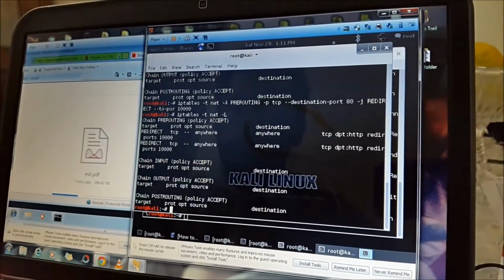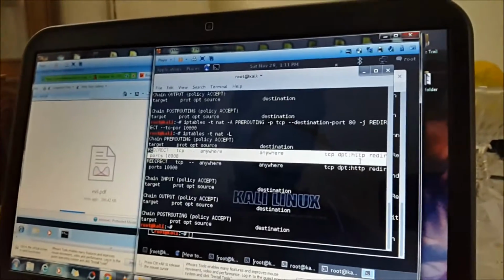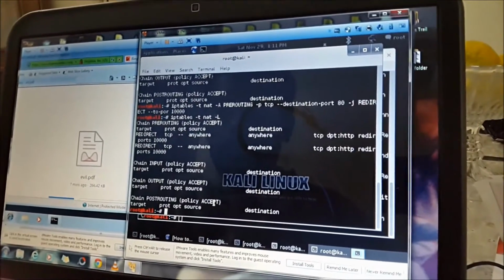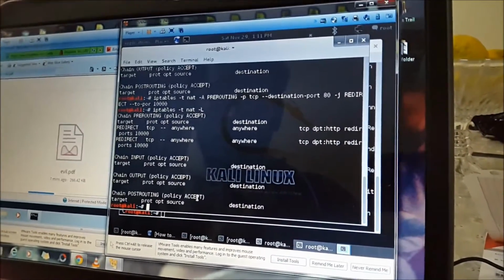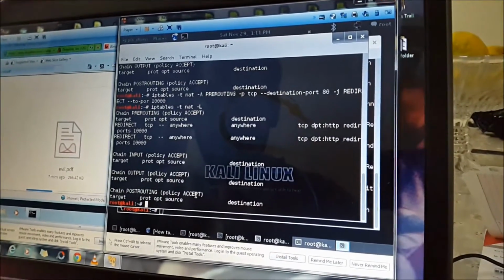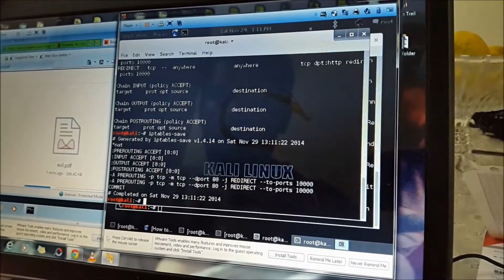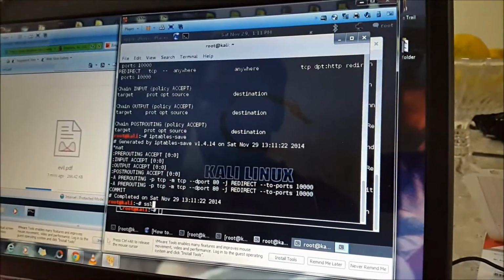So we'll just check if the route has been updated. Yeah, it's been added twice. Nevertheless, that doesn't really make a difference. So now we'll move on to the part where we will save the IP tables. It has been saved. Both of the rules are here, and now we will start SSL strip